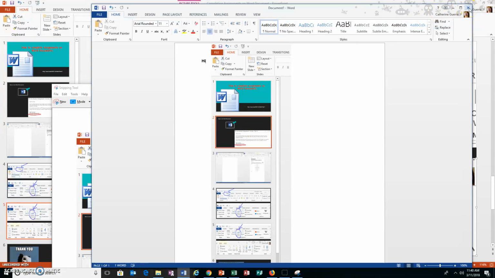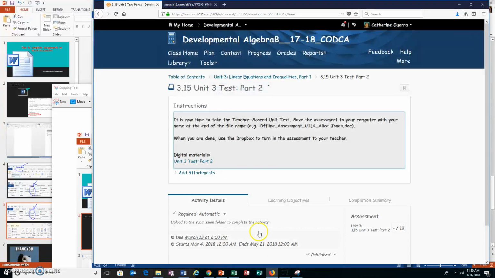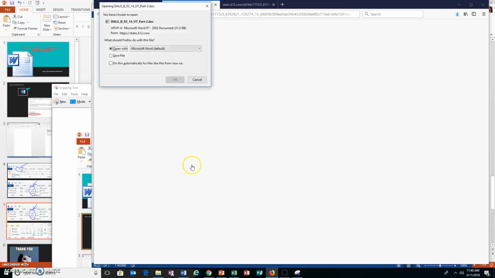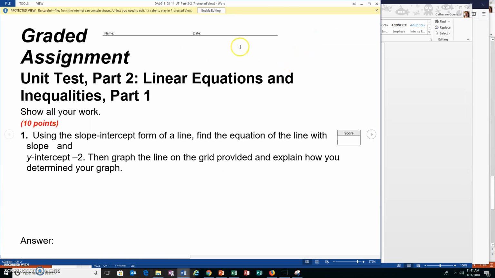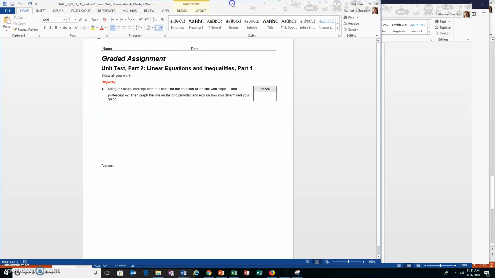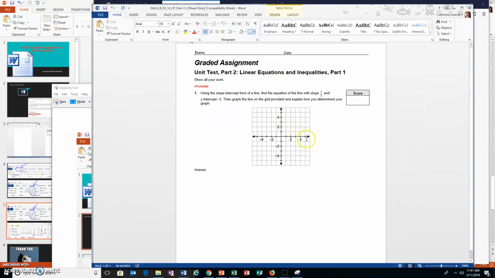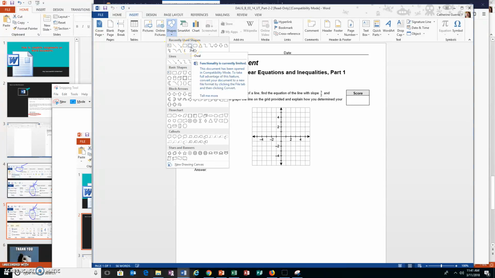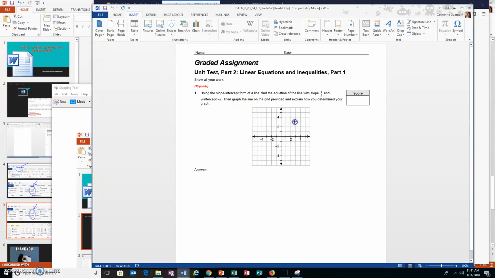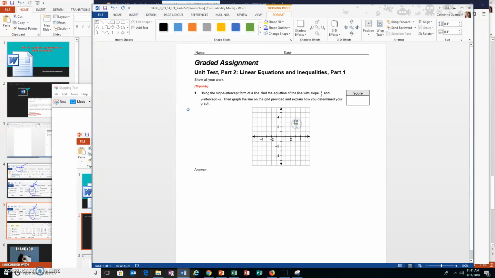Now then, let's say you are needing to work on an assignment that was handed out to you. And for math, there's a lot of illustrating on particular assignments for mathematics. And this one is a graph, and students are going to be required to put coordinate points on it. So I go to my Insert Shapes, and there's a circle, and I can click on my circle, and then I just left click, hold my mouse down, drag it, and I have a circle, and it instantly pops over